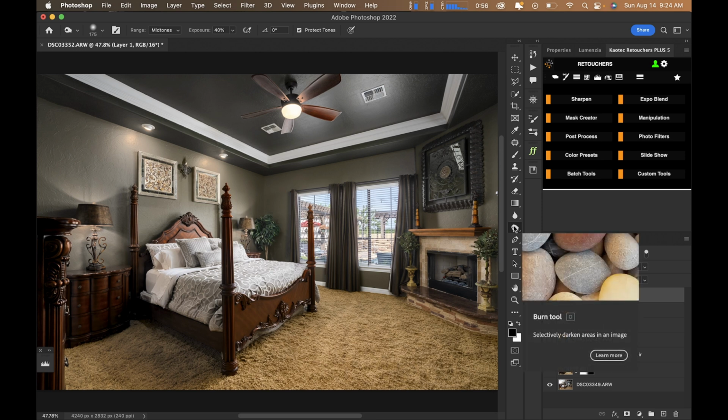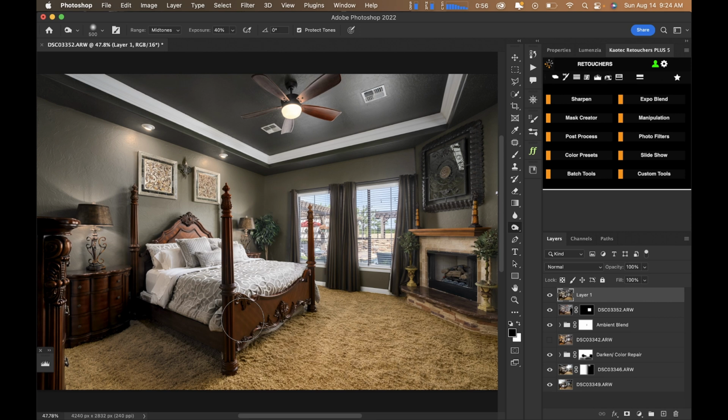So burn is to selectively darken areas in an image. And what I want to do with the midtones, just kind of get some of those shadows a little bit. Just a little bit, not a lot. And then I'll do Shift O